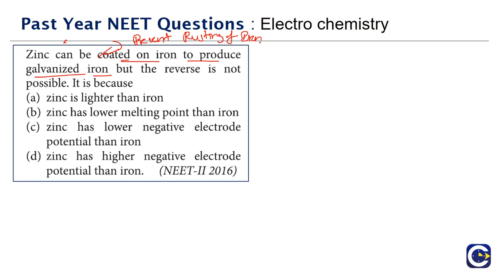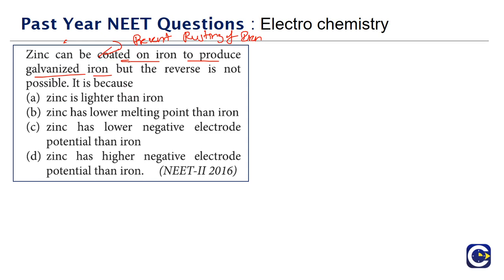When zinc is forming a coating over the iron, first the zinc will react with atmospheric oxygen to form zinc oxide. But unlike iron oxide, which will peel off as rust, the zinc oxide will stick to the surface. So it will prevent further corrosion of the surface of the metal, because the zinc oxide will be sticking to the surface, which will not happen in the case of the iron oxide. Okay, so now the question is not about how the galvanization works, the question is something different.